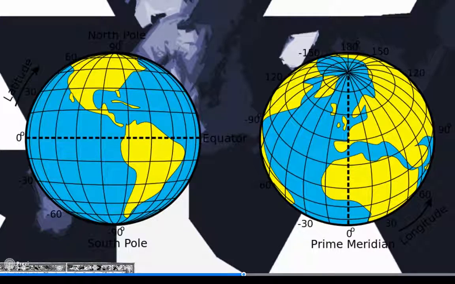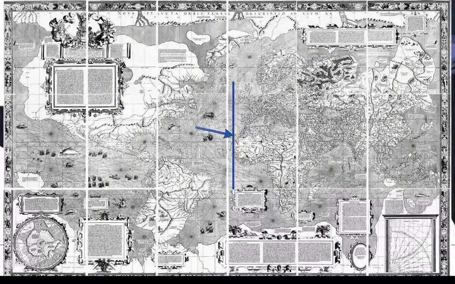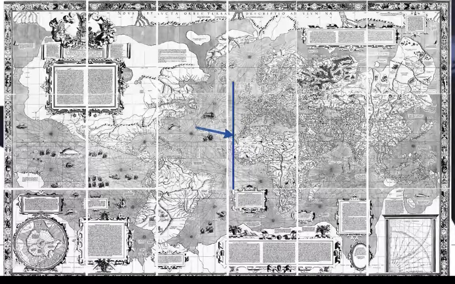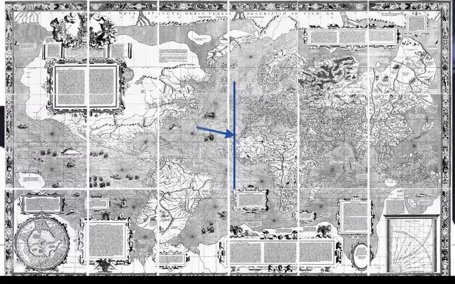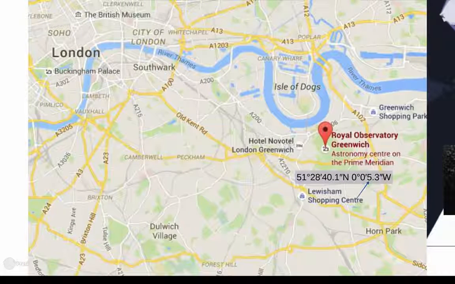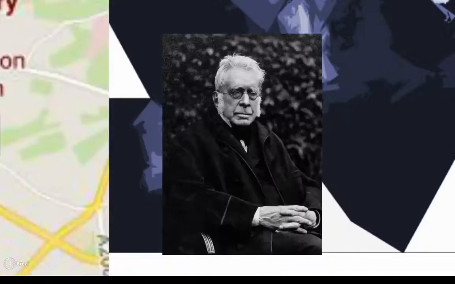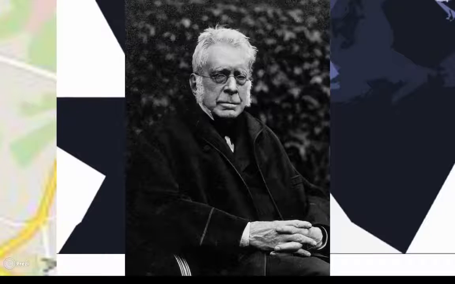an arbitrary choice. In 1541, Mercator drew a prime meridian for one of his maps precisely through a place called Fuerteventura in the Canary Islands, which is now what we would call about 14 degrees west. The prime meridian we use today is based on the meridian that runs through the Airy Transit Circle of the Royal Observatory in Greenwich, London, England. It was chosen by a man called George Biddle Airy in 1851 and became the international standard a few decades